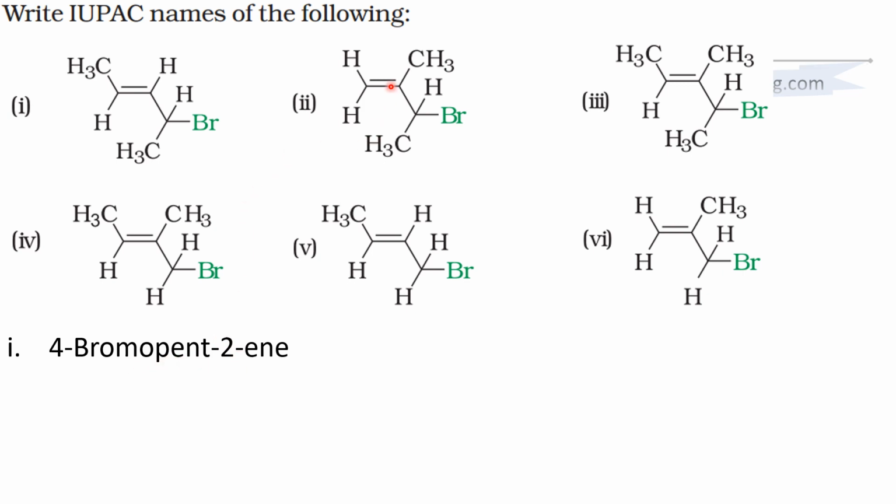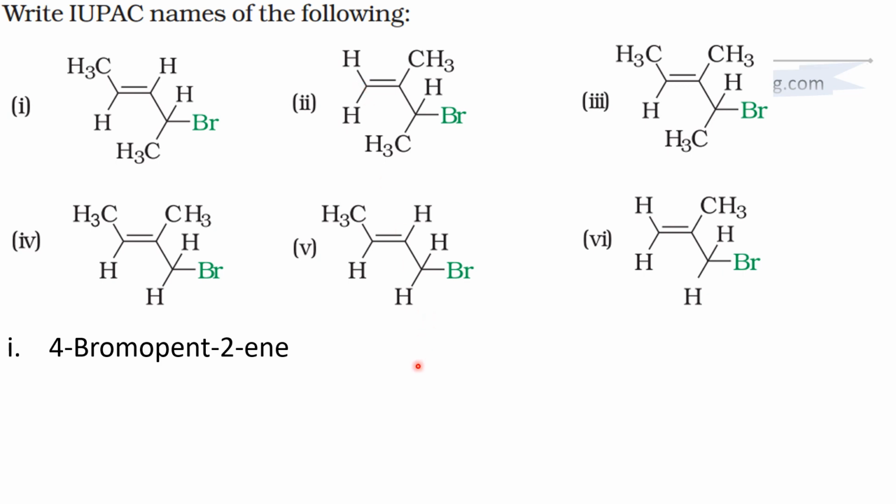Passing on to the next compound. I hope you will be writing along with this. In between, if you have any doubts, try to pause the video and write it, find the compound. If you have any problems, just play it and figure it out. So here this is one carbon, second, third and fourth. So we have butene as the longest chain, and on the butene, but-1-ene will be the parent, because this double bond starts from the first carbon atom.